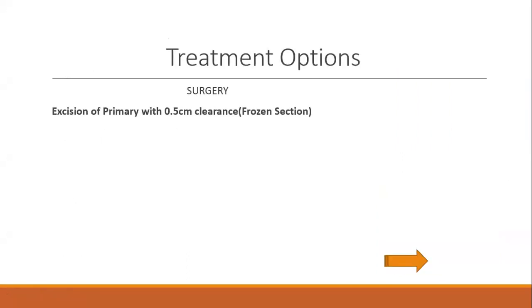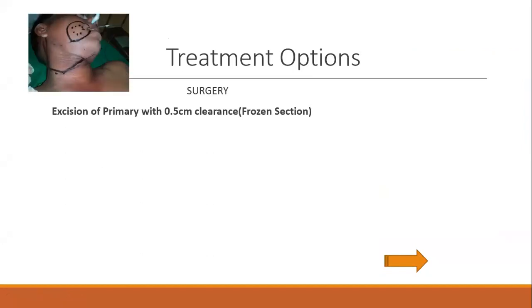Okay, treatment option, as I said, primary, in most of the cases, we do the tumor. This you can see, although the tumor is not fungating the skin, it is very close to the skin. On the examination, you can appreciate, not on this picture. So we have marked this tumor, and this is the margin we are going to remove with the tumor, 5 millimeter at least. I prefer 10 millimeter because they shrink after surgery. So minimum 5 millimeter, ideally 10 millimeter.